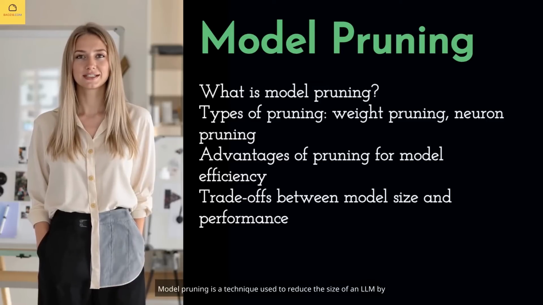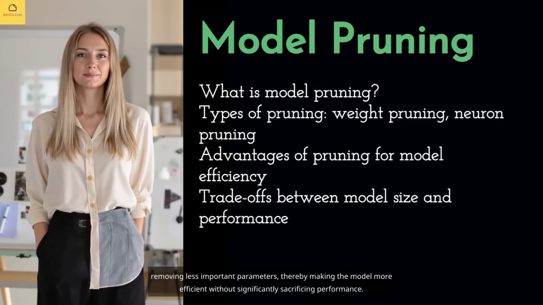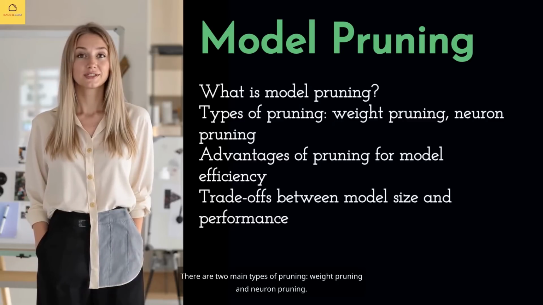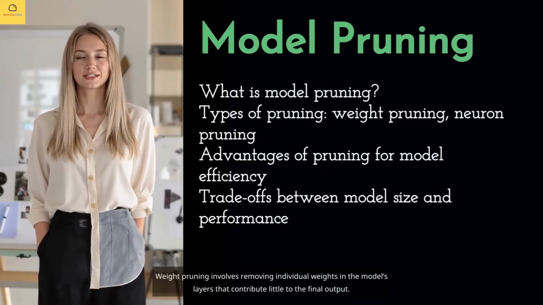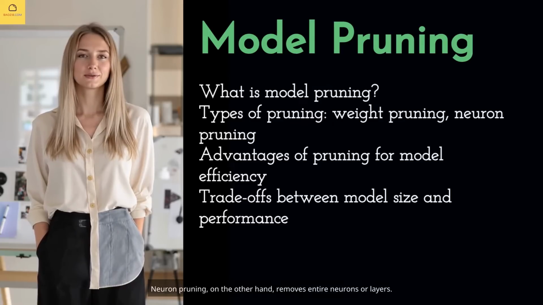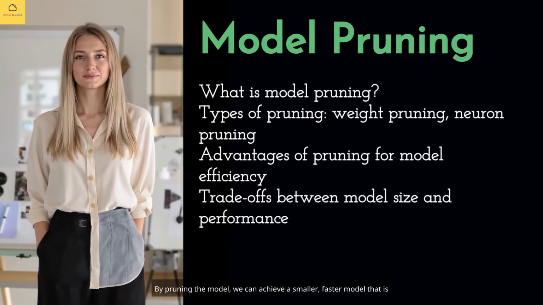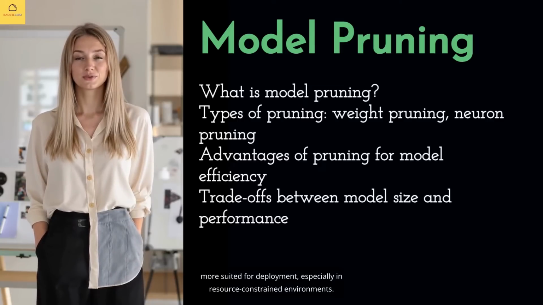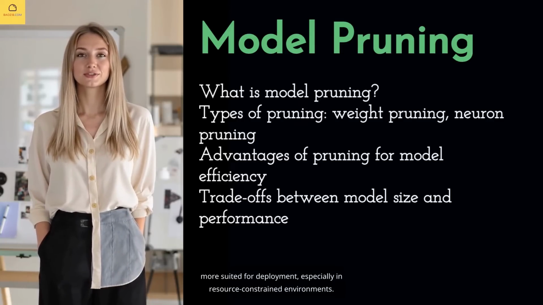Model pruning is a technique used to reduce the size of an LLM by removing less important parameters, thereby making the model more efficient without significantly sacrificing performance. There are two main types of pruning: weight pruning and neuron pruning. Weight pruning involves removing individual weights in the model's layers that contribute little to the final output. Neuron pruning, on the other hand, removes entire neurons or layers. By pruning the model, we can achieve a smaller, faster model that is more suited for deployment, especially in resource-constrained